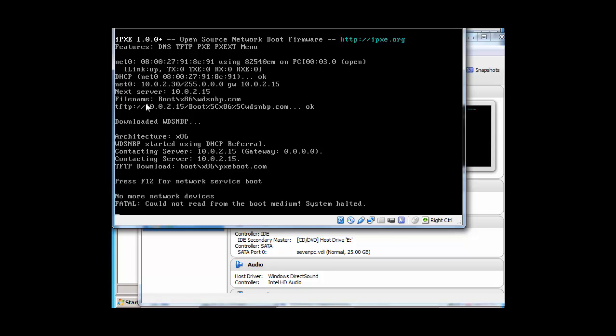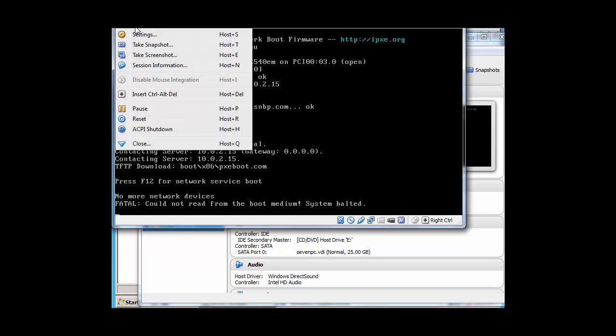And here you can see it's pulling the file name as well as the file path where the image is located on the server, because the server has given this client machine authorization through the domain to install this